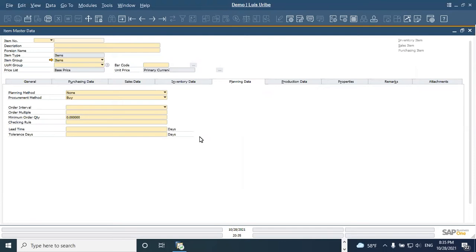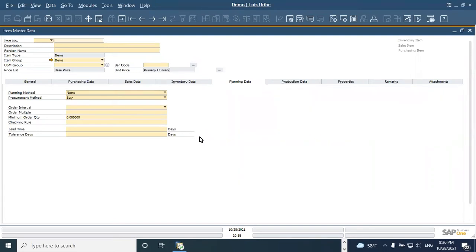So to do that, we need to make sure that all our items, including the finished goods, the components, or any non-inventory item that you're going to use as a resource, is set up